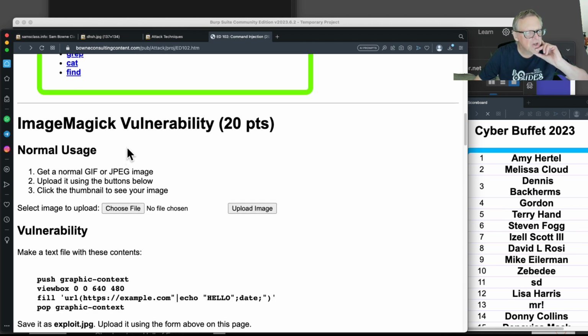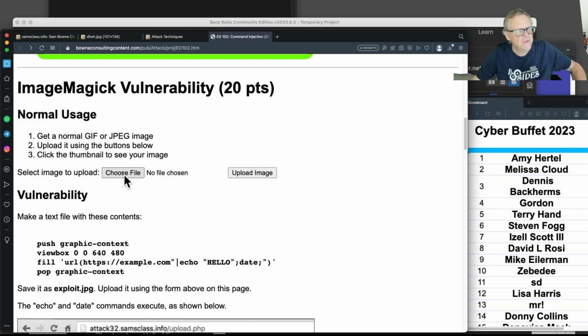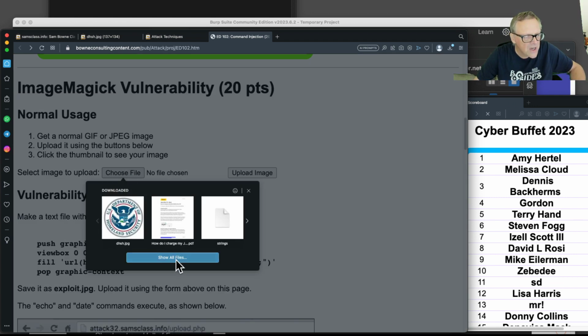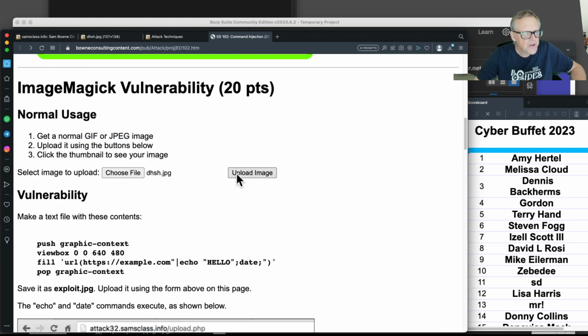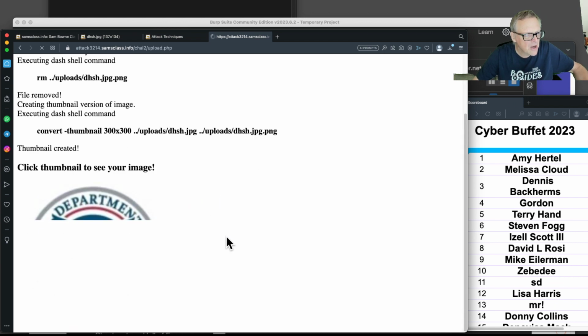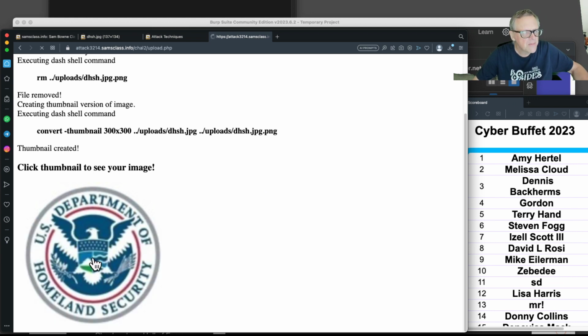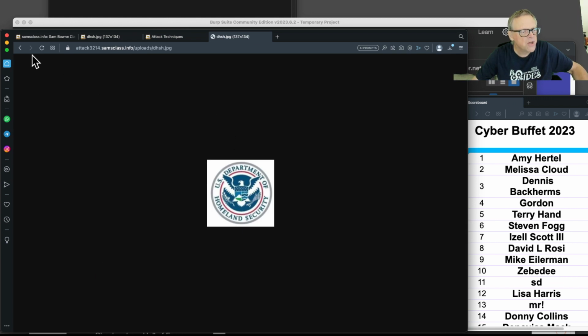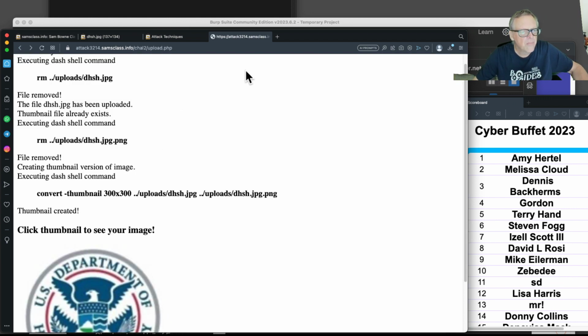All right, so if you have an image and you want to process that image on a server, ImageMagick is the library generally used on Linux servers, and I just found some open source code to do it. So I can take that image, upload it to the server, and it will process it with this command: convert to a thumbnail that file and put the thumbnail, the original, somewhere. So this does some kind of thumbnail processing. It makes a thumbnail of a fixed size, and when you click the thumbnail, it takes you to the original size image. So this is the sort of thing you'll find in a profile page on a social network or anything else that uses